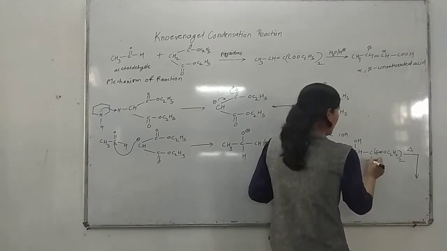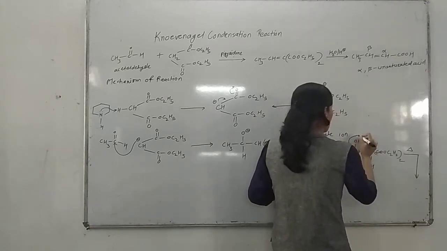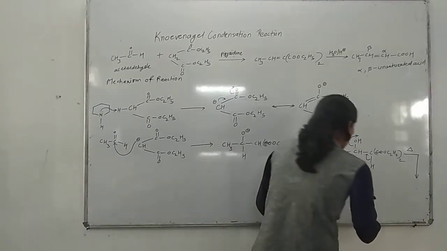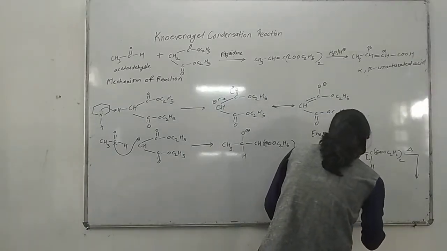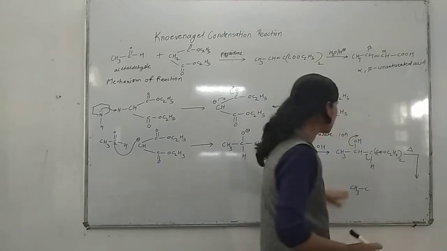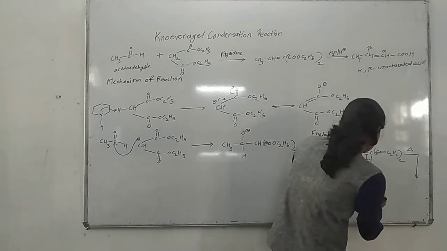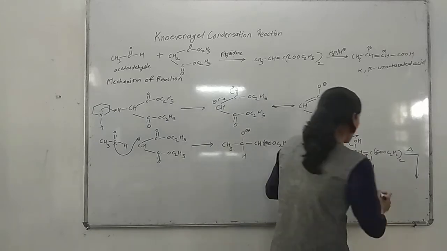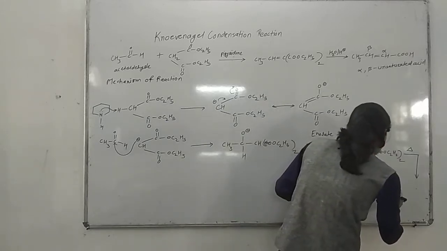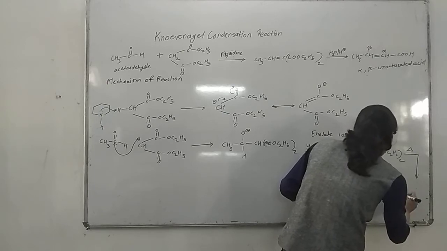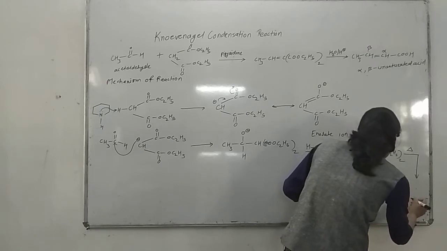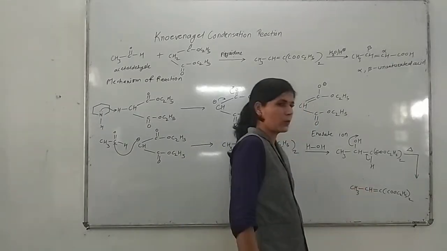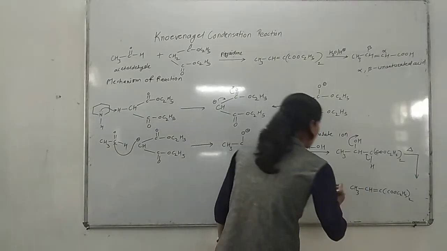loses a water molecule and gives an alpha beta unsaturated compound, with formation of a carbon-carbon double bond, CH3CH double bond C(COOC2H5) twice. Okay, alpha beta unsaturated compound. This alpha beta unsaturated compound